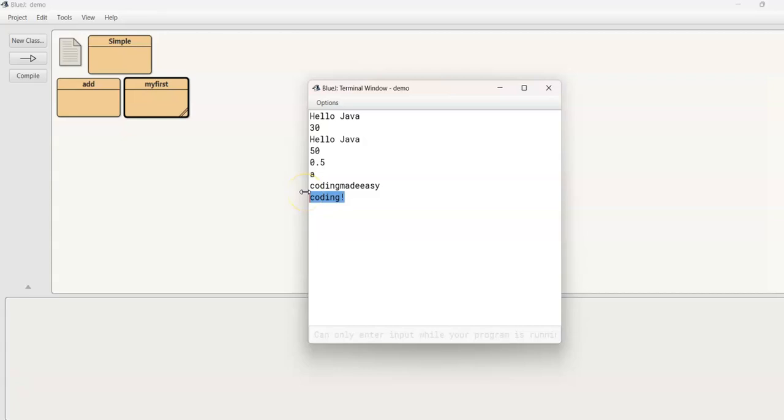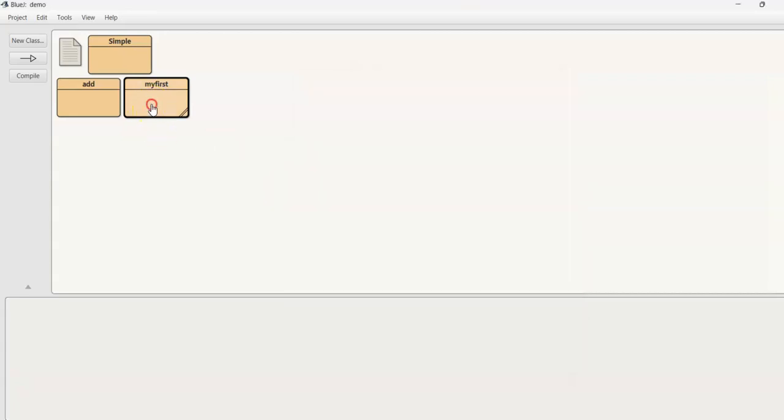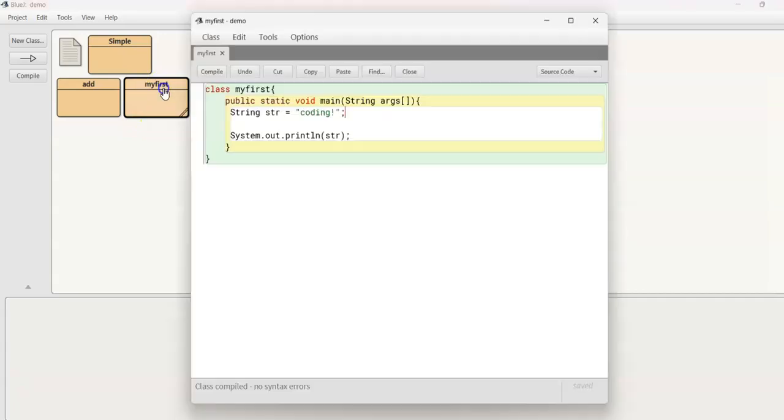So for string, whenever you are trying to take a string variable, make sure you write the variable as str. So str stands for string. So string str, and then whatever value you want to give it inside it, you can give it. And then you can print that off. So here in today's tutorial, we went for